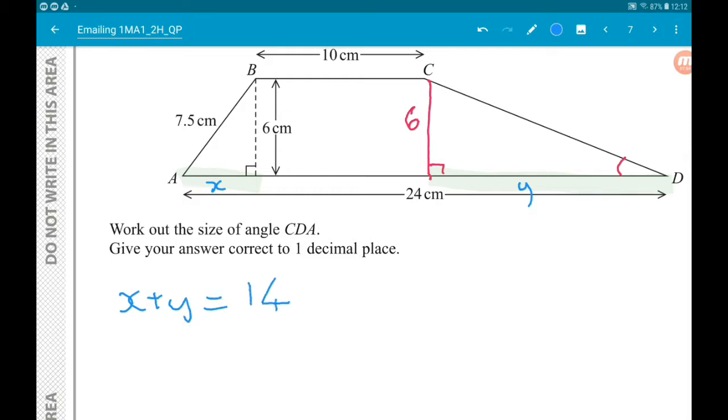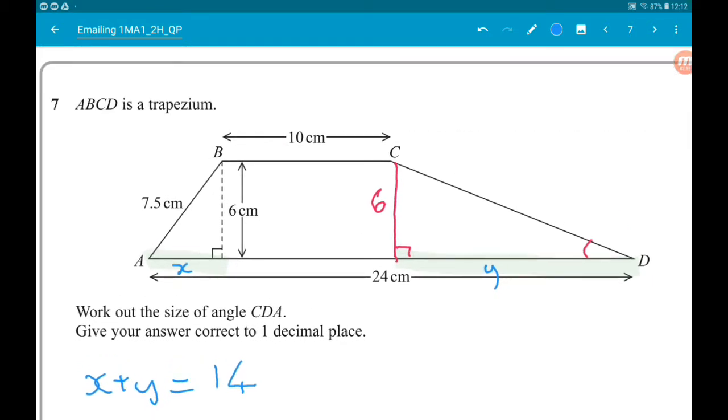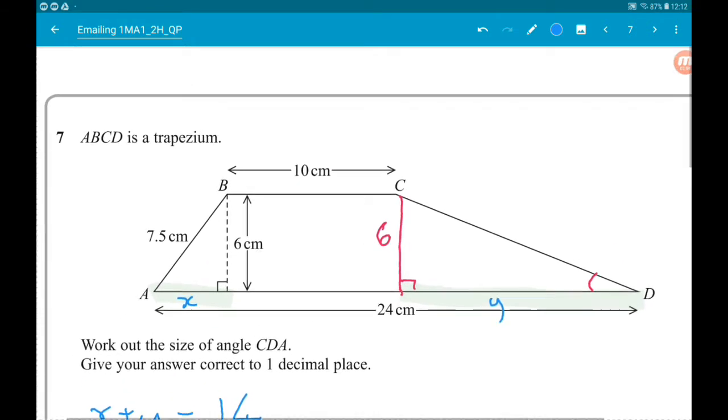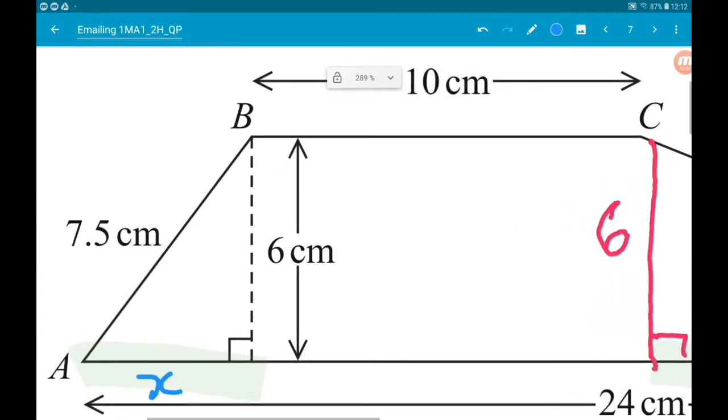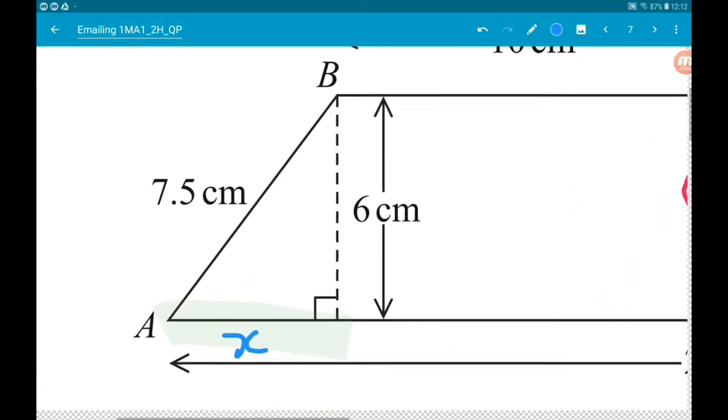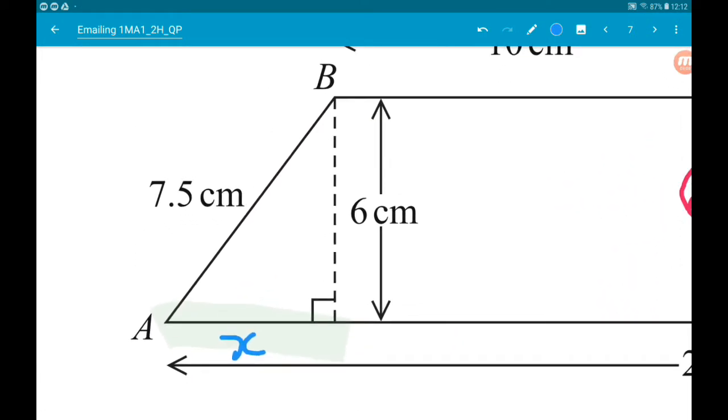So, we need to find then the value of y. So, can we find the value of x? And the answer to that is yes. This over here is a right angle triangle. We know 2 sides, so we can work out the third side